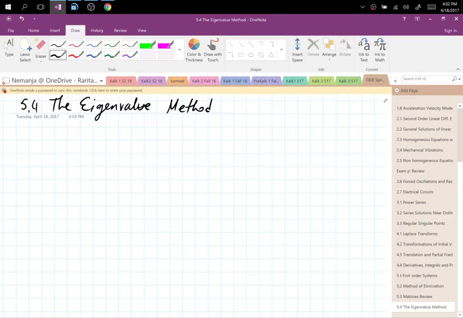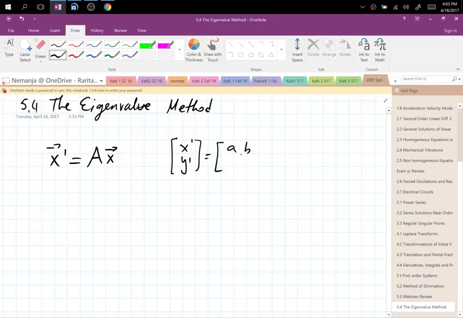Over here, we will start with the vector of derivatives times the matrix times the column vector. That A was labeled P earlier. So technically this would be like x prime, y prime is equal to some matrix A, B, C, D times x, y, if you want to translate that